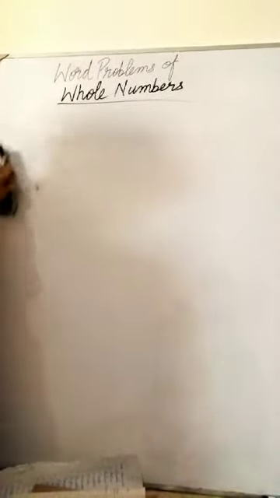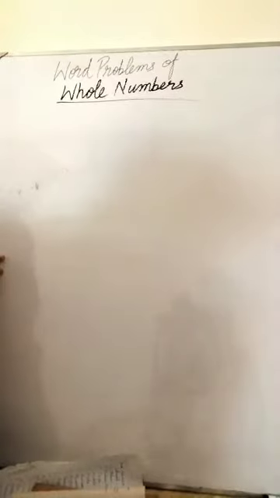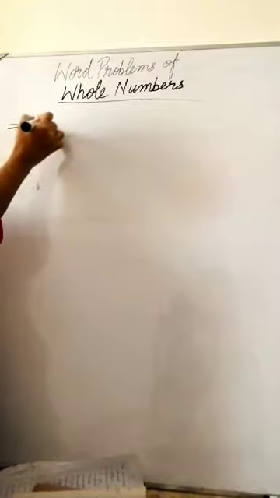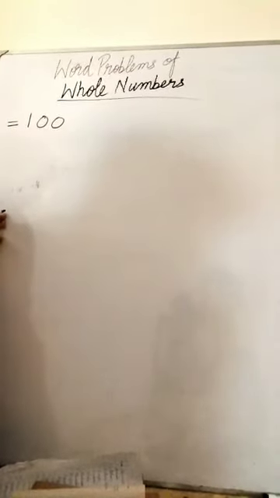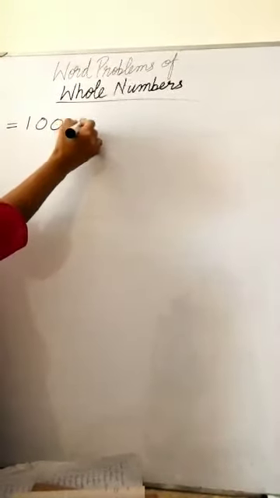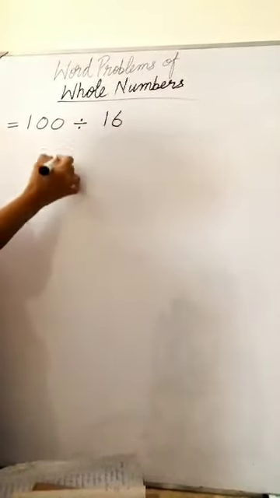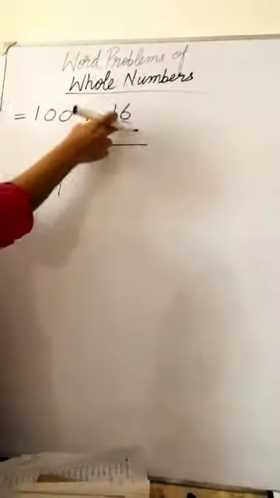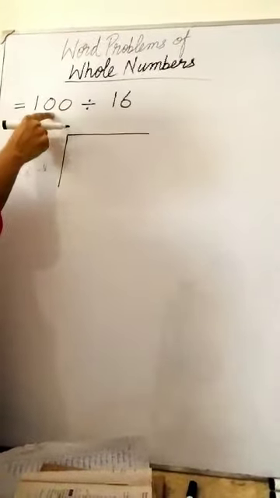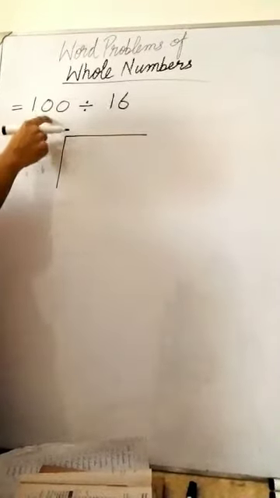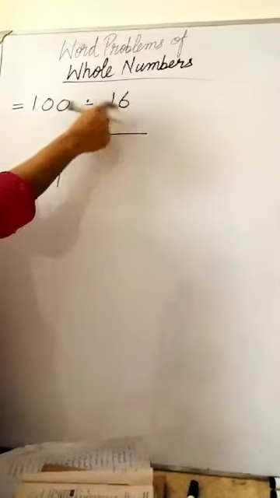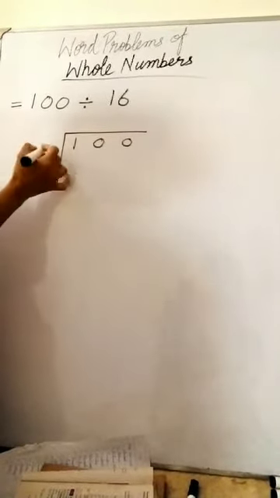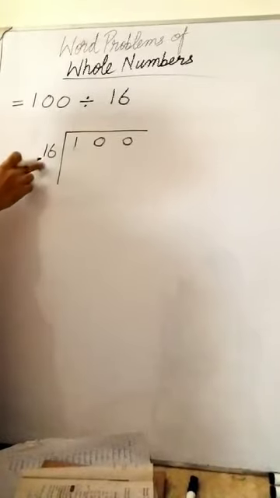Now I am solving question number 4. Word problem question 4: find the smallest 3-digit number which is exactly divisible by 16. The smallest 3-digit number is 100. Divisible by means divided by 16. Now we need to draw the heart in the center of the page. This is the dividend and this is the divisor. The bigger value is called the dividend and the smaller value is called the divisor. The dividend is always inside the heart. Write the numbers with some gap.